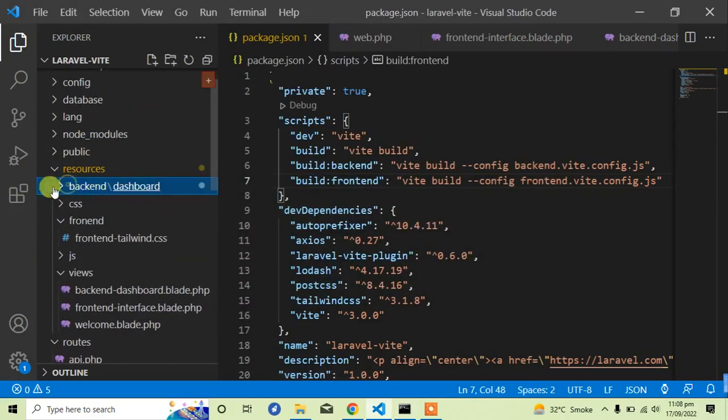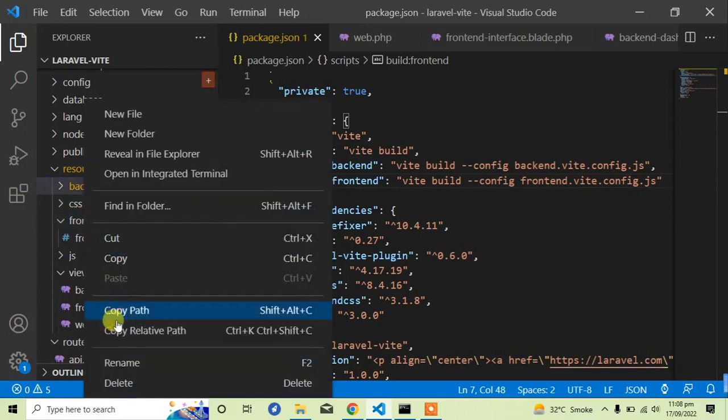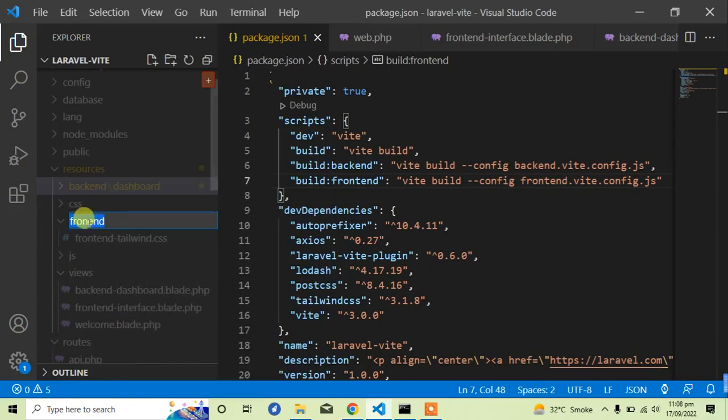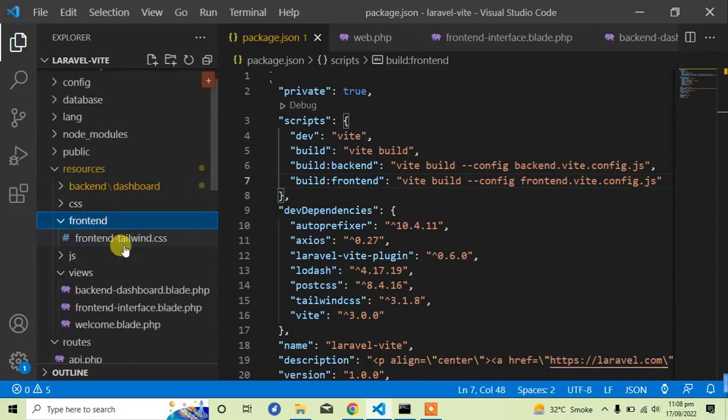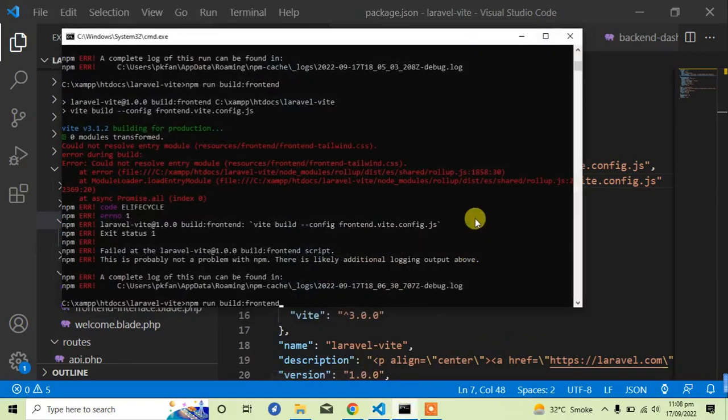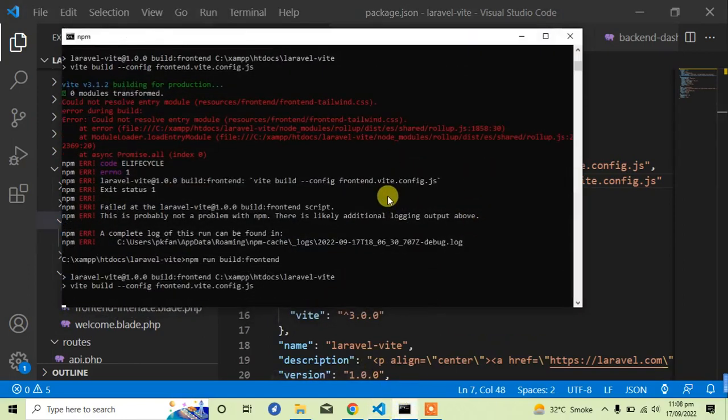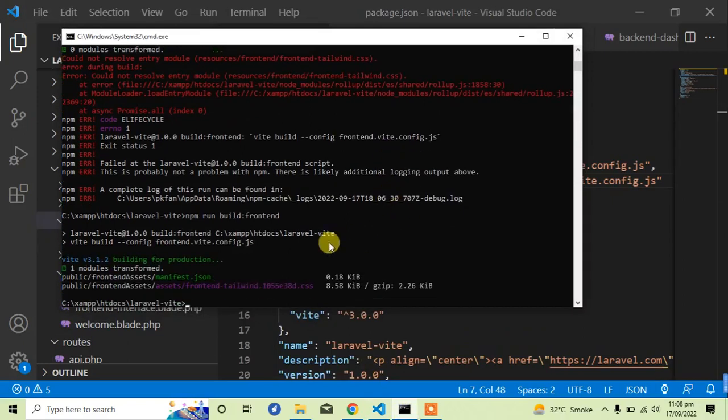Resources front end. I just misspelled it. This is front end. Okay, front end, and front end. Try again, and this time it will work. Okay, both our front end and back end Tailwind CSS compiled